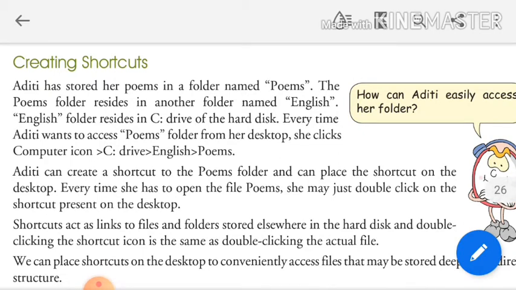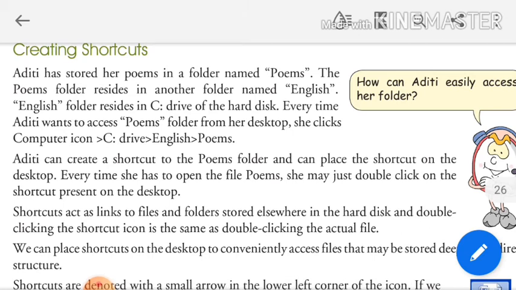A shortcut is a linked icon of a program, file, or folder. It enables the user to easily open a file or folder that is usually used and stored in a drive.